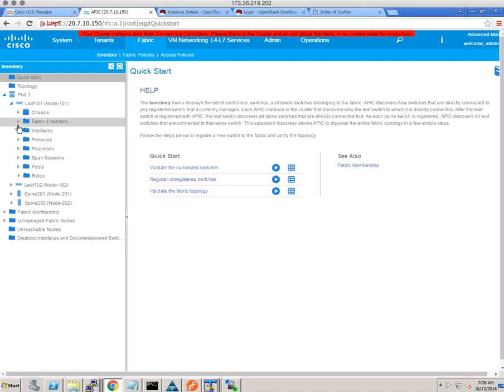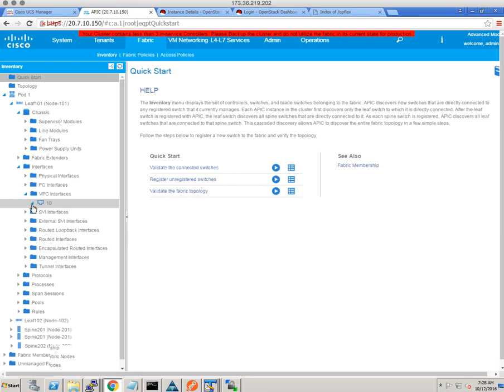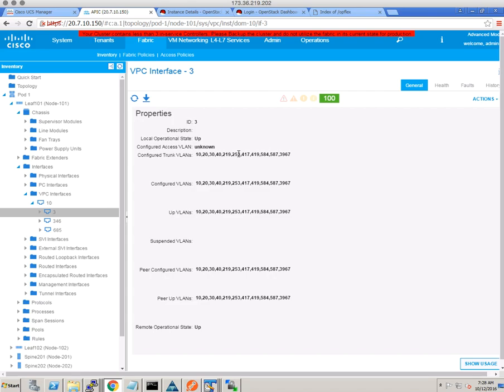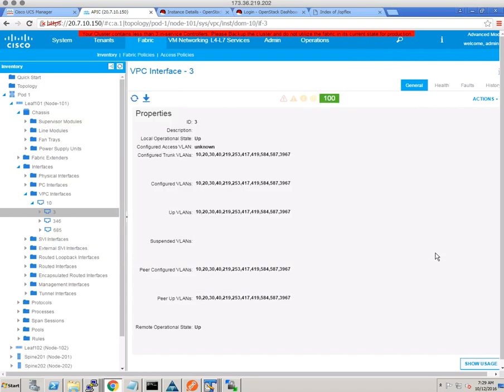Those are the VLAN interfaces. Those are the VLANs that actually came in as a result of neutron networks being created. This is the infra VLAN 3967, from where this VLAN came in. So this VLAN starts to show up in the VPC as it's showing up here as well. The 3967 is the in-band infrastructure VLAN, and that has to be added in the VPC as well for OpenStack Opflex to work, because if this VLAN is not in there,